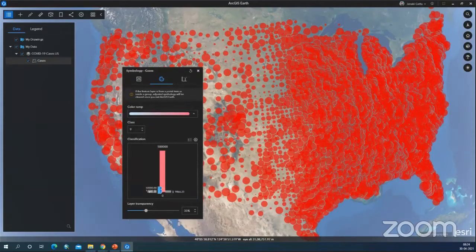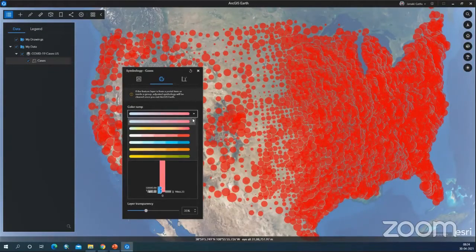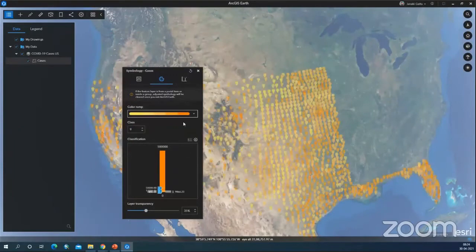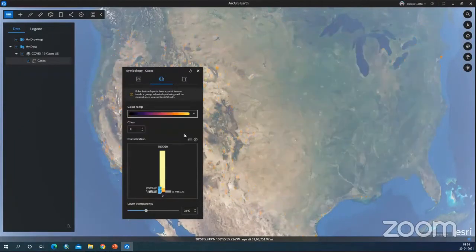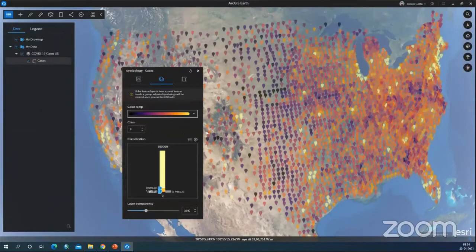Next, coming to the symbol style. So this is what the color ramp is as of now. If you want to change it to a different format, you can. If you want to see both the low features and high features in a different color, yes, you can set your own symbology. And if you want to give your own classes, here I have taken 9 classes. Maybe you want to give only 8 classes, you can give 8 classes.